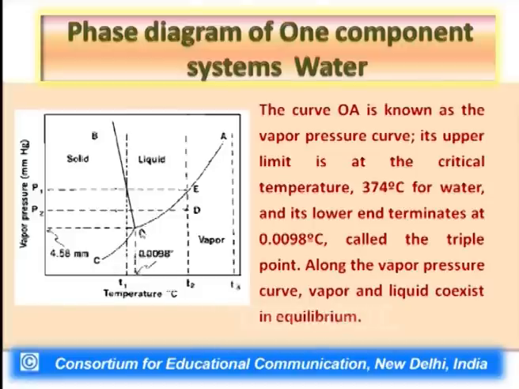Ultimately, a temperature is reached called the triple point temperature, at which upon condensation the vapor phase will not transform only to liquid phase, but will start transforming to solid phase as well,